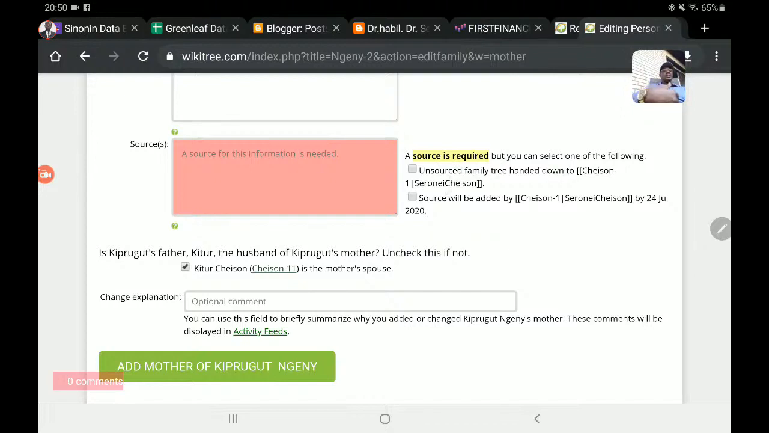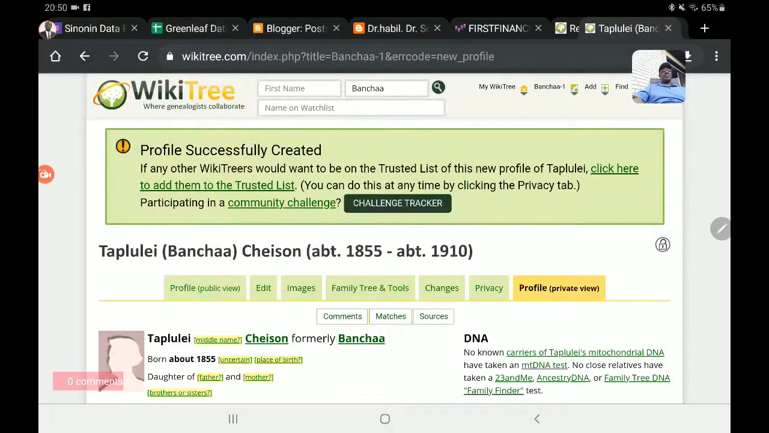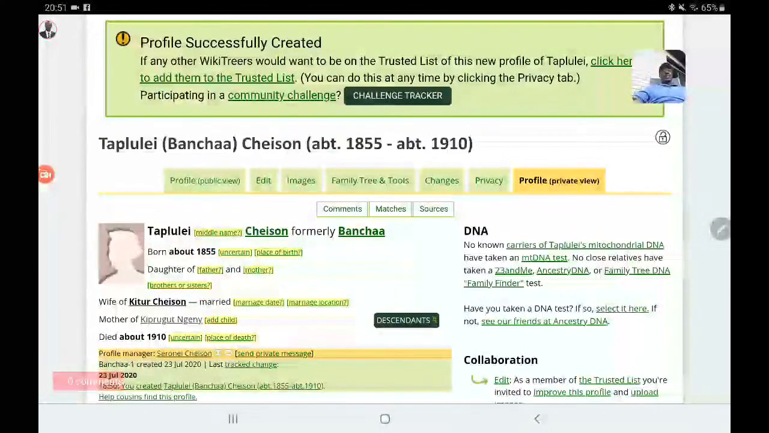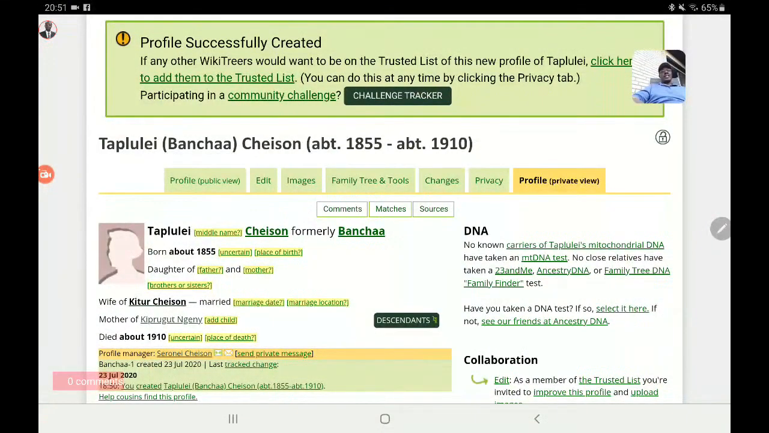JSON me, that's JSON 1, it's myself, so I'll say yes. That's a source because I picked this information from family. Very good. So that is Tablule, and you can see that Tablule JSON formally Banja, so that's how it is recorded there. Now what I can do is I can add